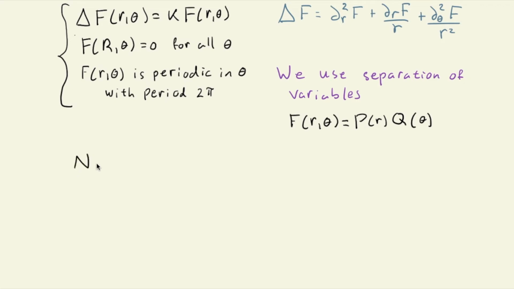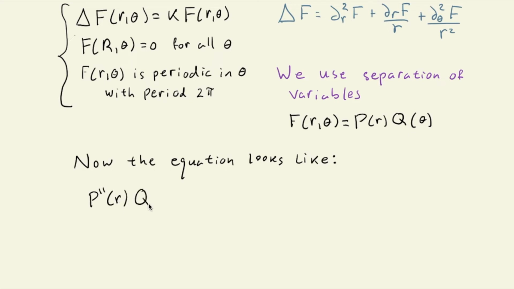So now the equation looks like, okay, that got a little weird. The equation looks like, so here you have the Laplacian of f. Here's the form of f. So let's go one by one. First is the second derivative in r. It's only going to take derivatives of p, right? So p double prime of r times q of theta